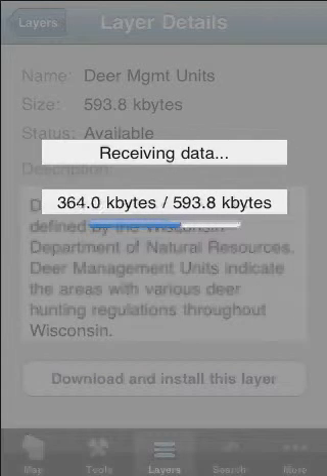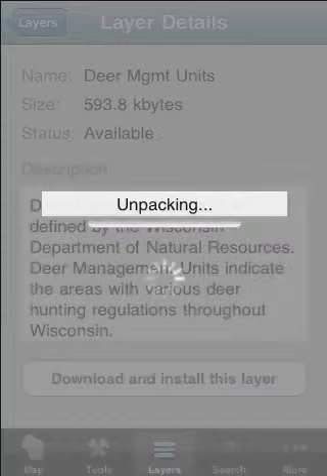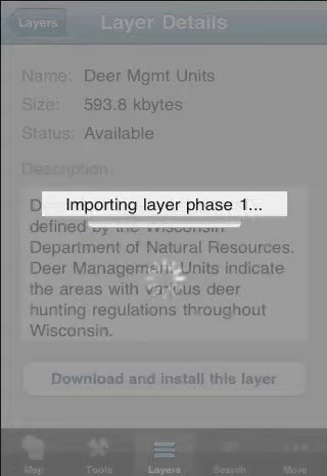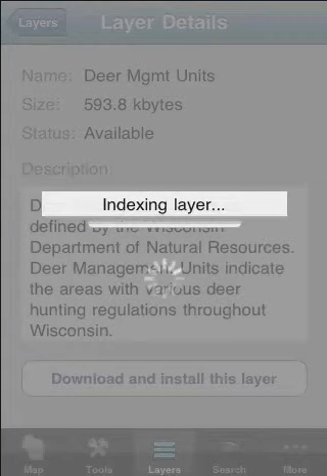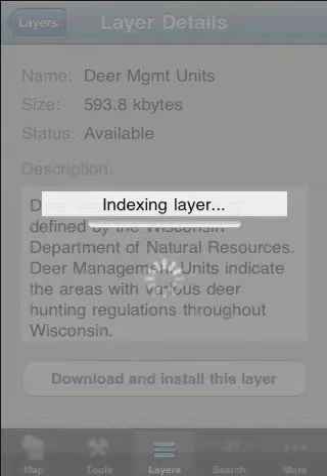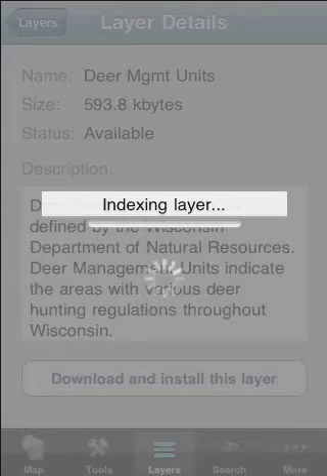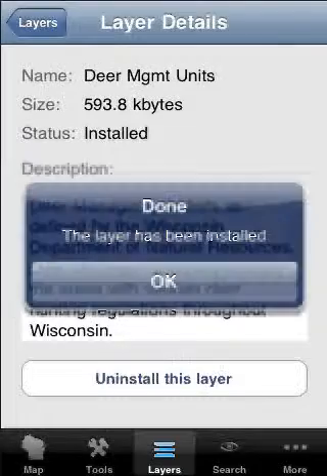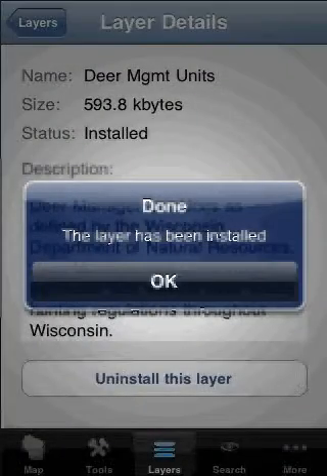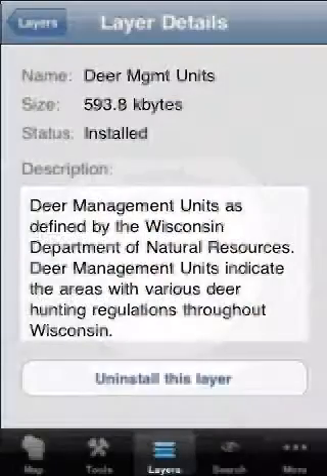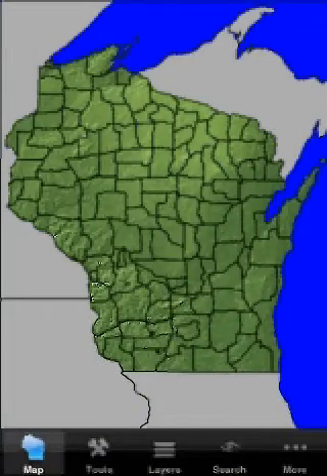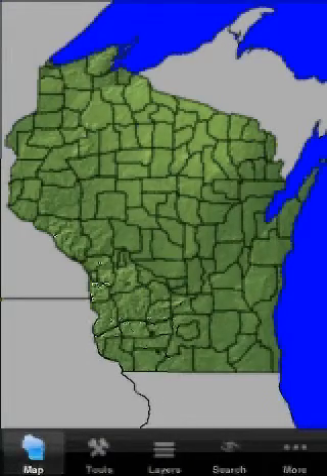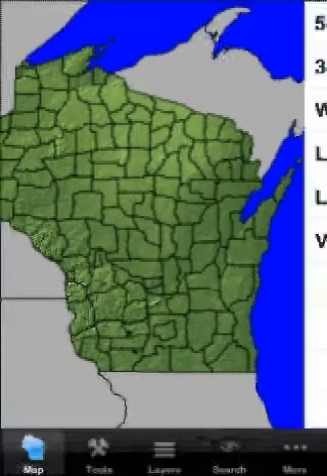That does take a very variable amount of time, obviously, depending on how quick your connection is. This does work over 3G. Wi-Fi connection is better, obviously, but either works. And usually it takes somewhere between 30 seconds and a minute to install a layer. So now I have a new layer installed, which turns out to describe the deer management units